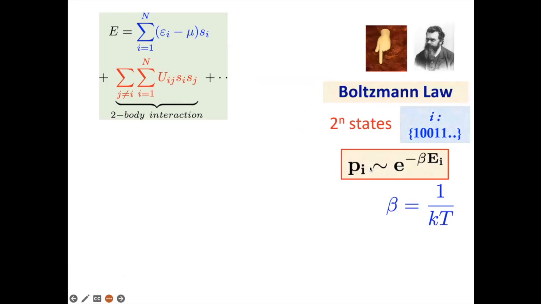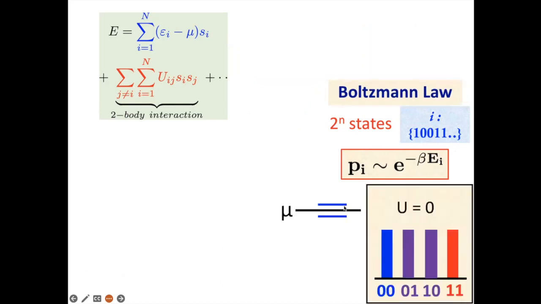Now, when there are interacting systems, then of course the general law is this Boltzmann law, which tells you that you have to think in terms of these 2 to the power n states, and the probability of any of these states is related to the energy of that configuration. And this configuration energy is in this 2 to the power n space. And so, for example, if you had 2 levels that were very close to the chemical potential, then they would both have a half chance of being occupied. And so if there were no interactions, all 4 possibilities would be